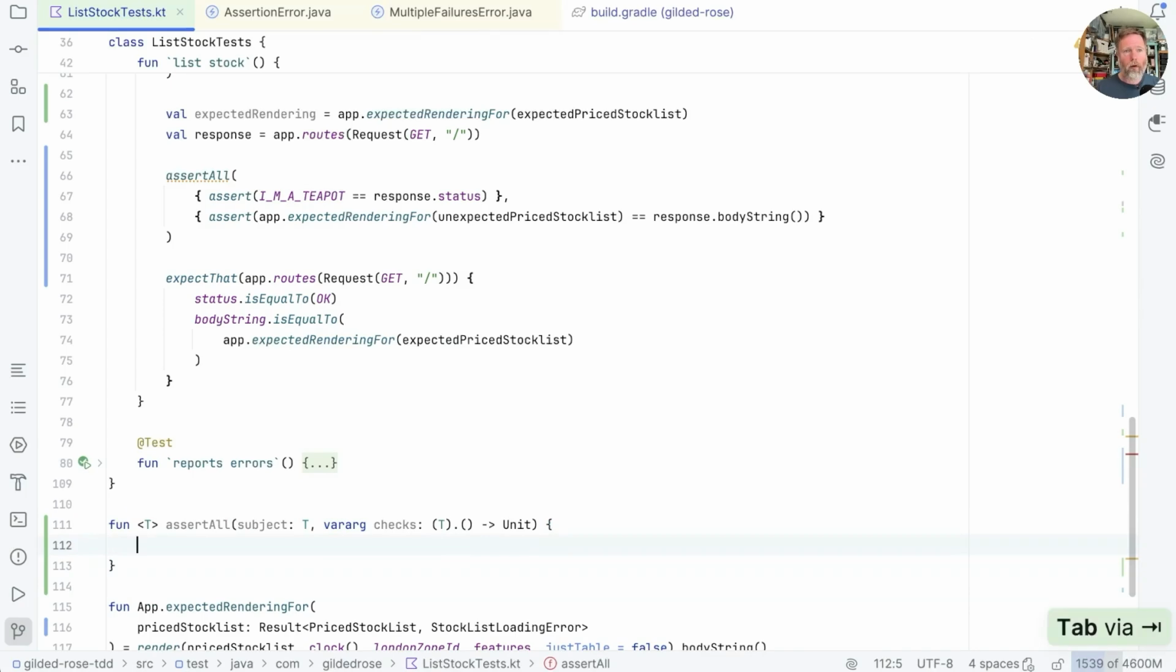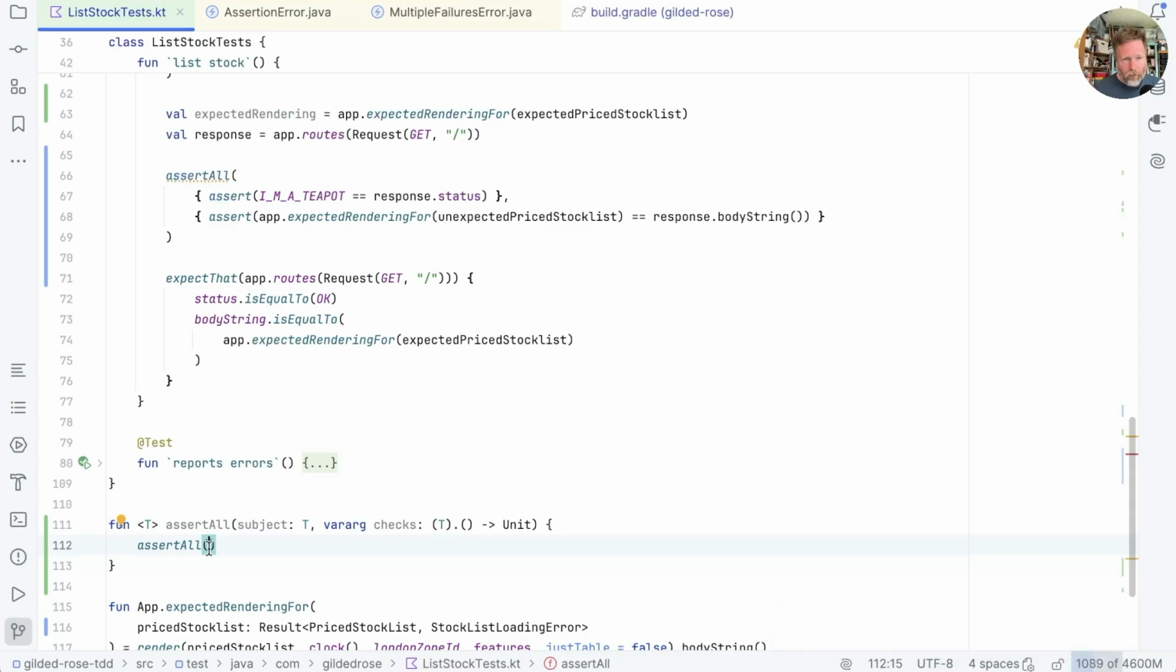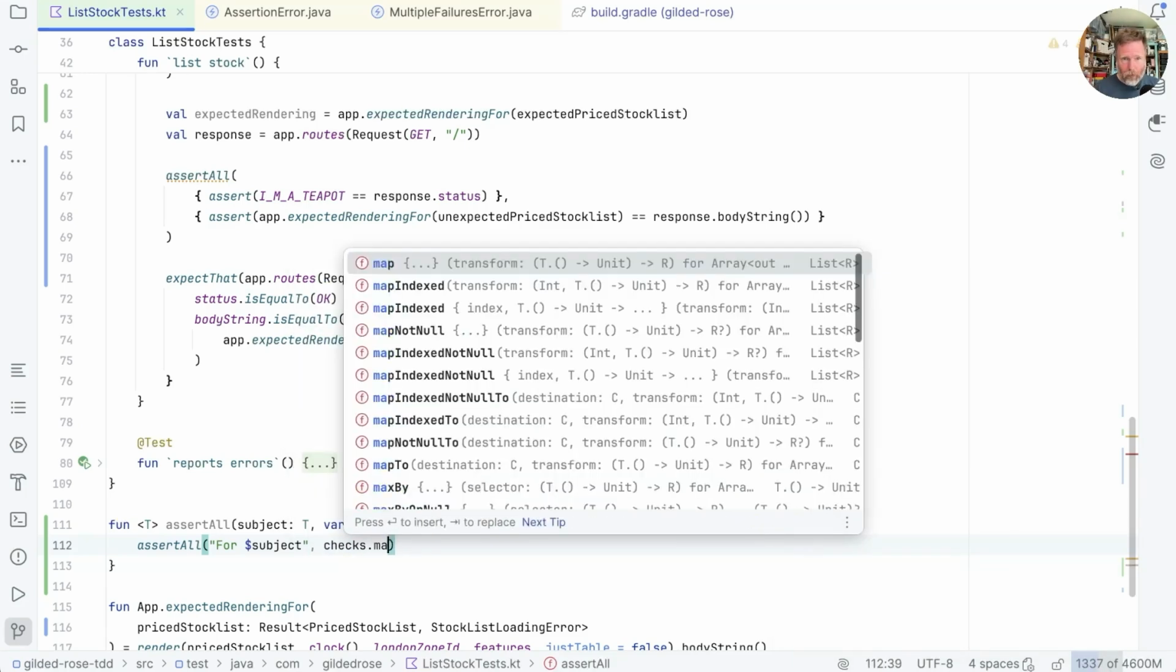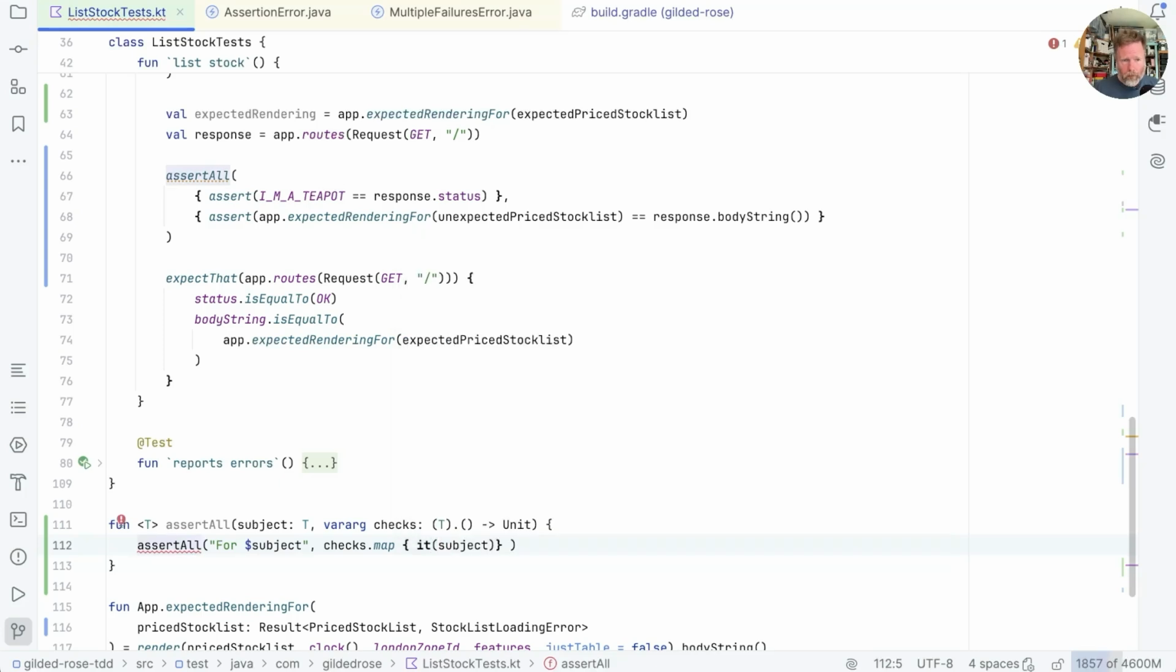And how could we implement that? Well, we can say assertAll. There's a version of this that takes a string that describes it. So we're going to say for $subject. And now we need to map these checks into lambdas. So that is checks map. And then we can take the lambda and apply it to the subject. And then I think if we map that to